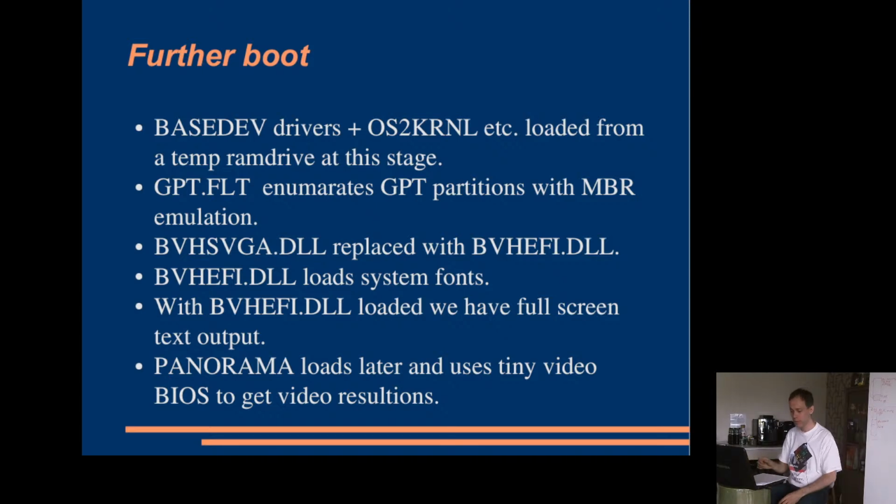You can actually also see, after the drivers have hopefully loaded successfully, we get into the PM shell. Here, Panorama and GenGrad use the emulated VESA BIOS to get a list of the available graphics modes. If you also go to the screen object in the desktop, you'll see there that we are our own VESA BIOS manufacturer. It says Arkanoa LLC and Panorama VESA BIOS 2.0, something like that.